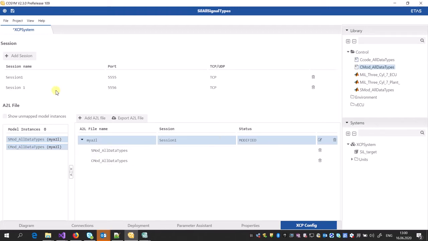So from the COSIM part, we configured our system, we enabled the XCP, we defined our A2L file, which calibration variables and measurements it should contain, and then we build the project. It's going to take a little time to generate the code for the models and bring up and generate the A2L files.